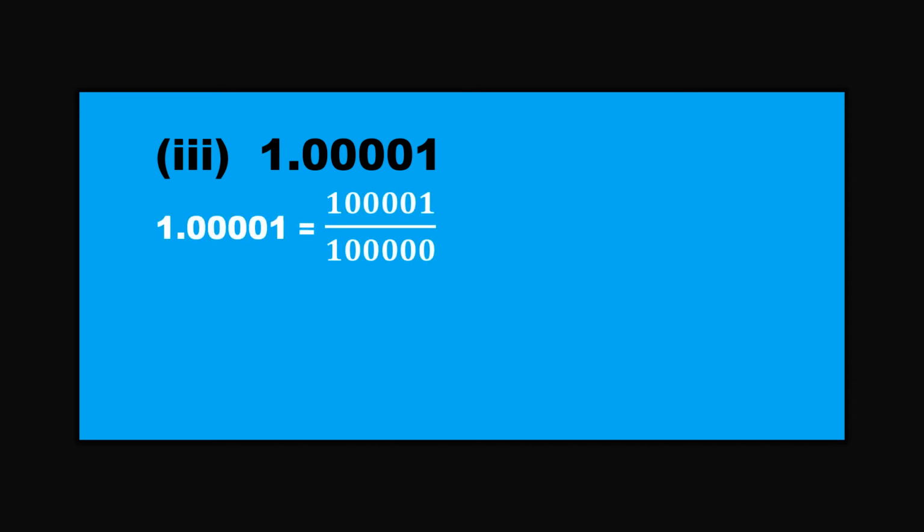So here is your next question, 1.00001. Okay, so by seeing the question itself, we can say that there are 5 digits after the decimal. So it should be divided with 5 zeros. So 5 zeros means it will be 1 lakh. Okay, so 1 here, as before the decimal point we have 1, so we need to take that 1 also. So I included 1 here,